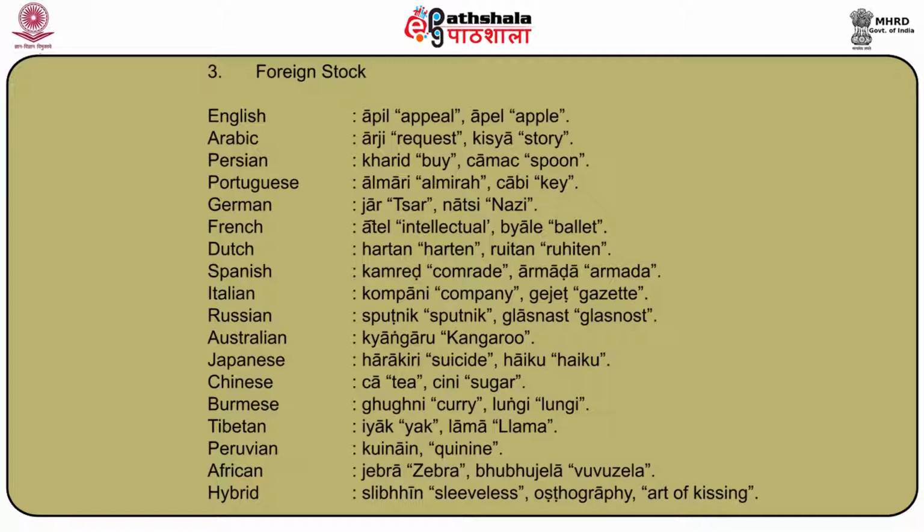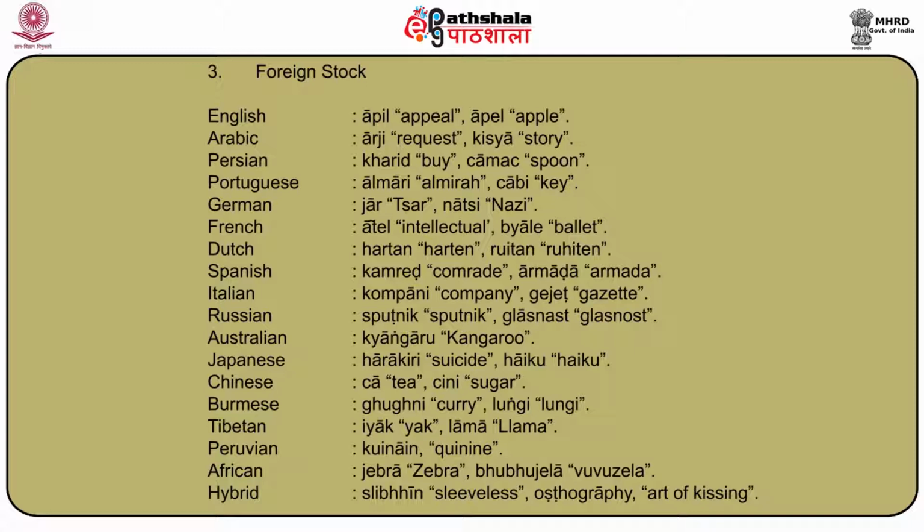This includes all the words which are taken from outside languages, the major chunk for Bangla being English, Arabic and Persian. So here we can give some examples of words which we have put into the foreign word list. Say appeal and apple from English, arzi and kissa from Arabic, kharid and chamach from Persian, almari and chabi from